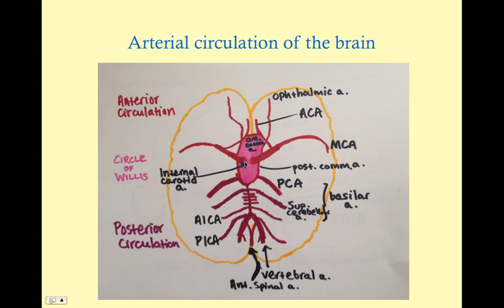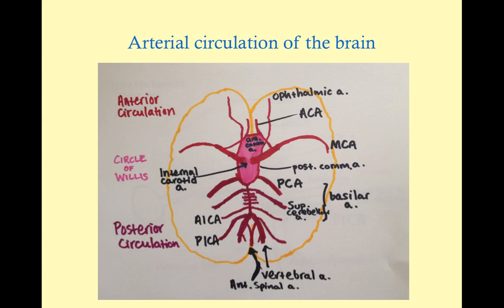Now, something really important is that the internal carotid artery also gives off a communicating artery, and that communicating artery goes to the posterior circulation. So your posterior circulation is coming off from your anterior spinal artery and your vertebral artery. They come together and merge to form the basilar artery. The basilar artery gives off PICA, which is your posterior inferior cerebellar artery, and it gives off AICA, which is your anterior inferior cerebellar artery. It continues as the basilar artery and gives off pontine branches, and then it gives off bilaterally superior cerebellar arteries,